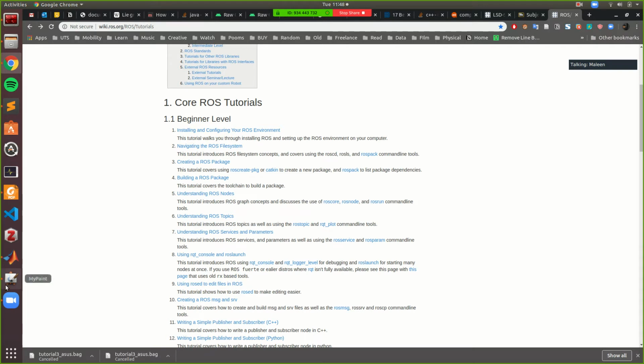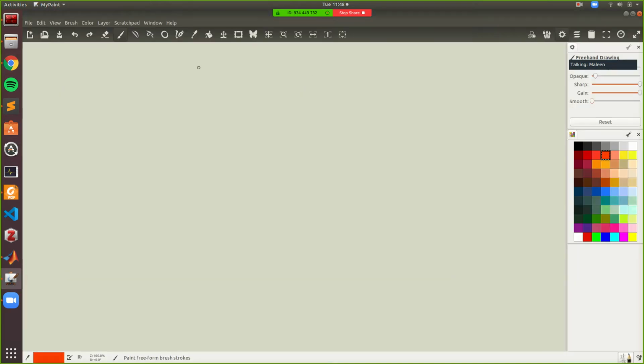So just to make today's tutorial session go a little smoothly and for everyone to be familiar with the terminology that we'll be using, I'll just quickly run through some important aspects of ROS, right? So ROS stands for Robot Operating System, right? And it's often referred to as a meta operating system. So we all know about, like, typical operating systems like Windows or Linux or whatever, but ROS acts on top of already existing operating systems